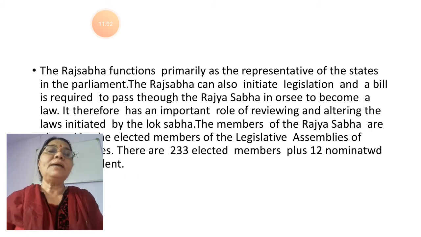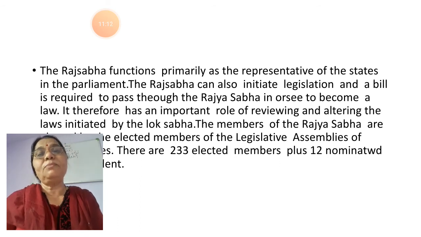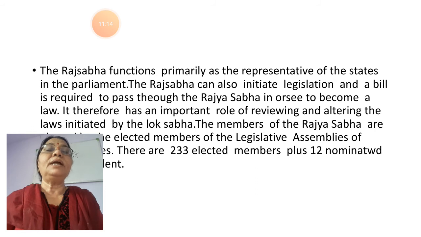that also the Lok Sabha must accept. Sometimes, if the members of the Rajya Sabha think that the laws made by the Lok Sabha are not applicable or not favorable for the people, at that time that law or that bill can be cancelled by the Rajya Sabha. Means this, who gives the permission to the law? It is the Rajya Sabha. Means the laws made by the Lok Sabha, they cannot declare by themselves, they must take the permission from the Rajya Sabha.